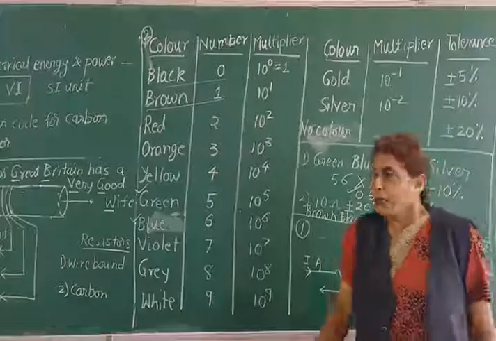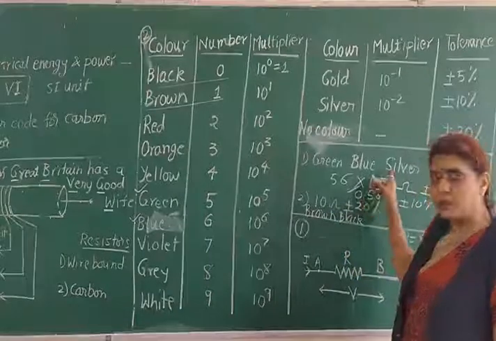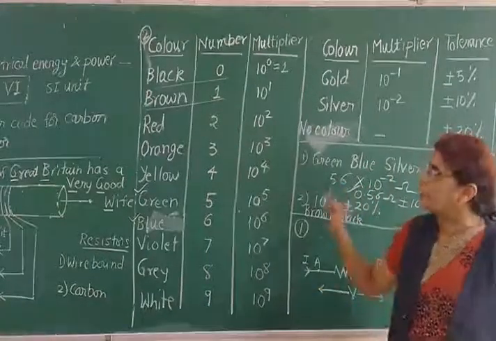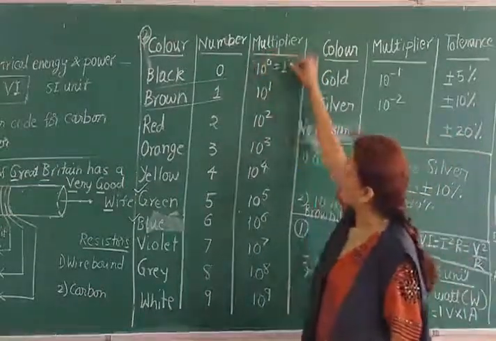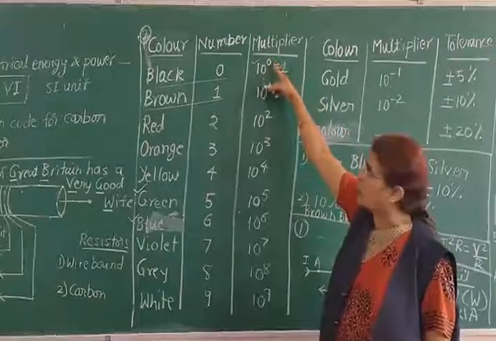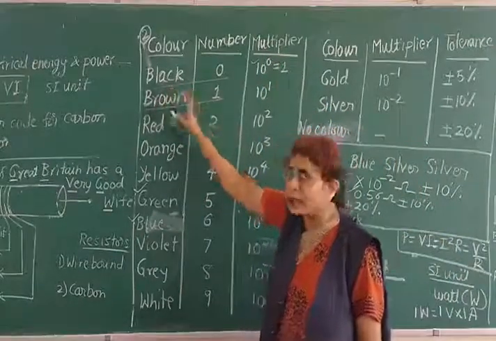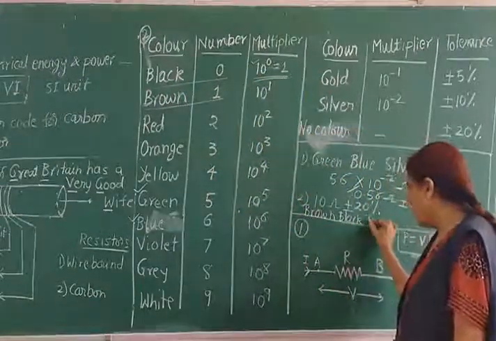Then, here there is no multiplier. It is into 1. Here it was what? 10 raised to minus 2. It was a multiplier. Here there is no multiplier. No multiplier means the value should be 1. So what should be the multiplier? The value should be 1, which is 10 raised to 0. So which color gives that multiplier? It is the black color. So the third band is now going to be black. So brown, black, black.